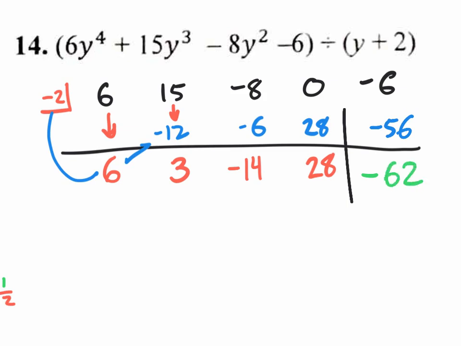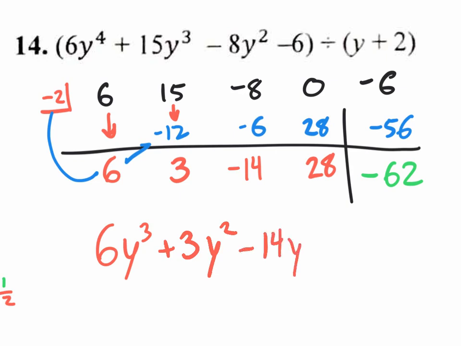So what's my final answer going to be? 6y to the third. Now, why is it y to the third? Because it was originally a y to the fourth. If you divide by y, it's going to drop it by 1. It's going to be y to the third. What's the next part going to be of my answer? Plus 3y squared. Then minus 14y. And then plus 28. And then